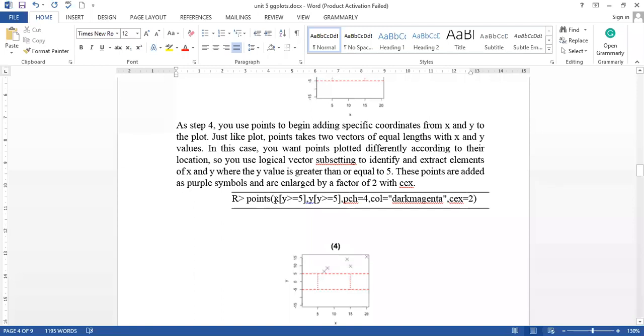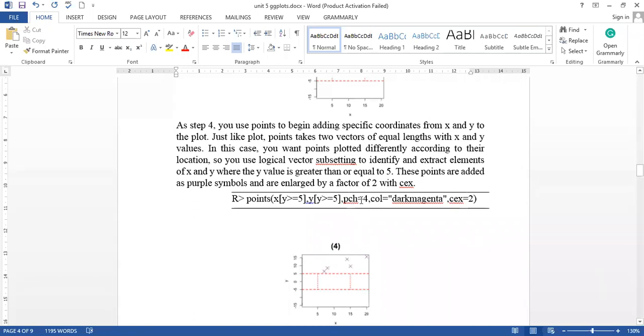In the x vector, what values do we have? We have values from 0 to 20, and in y we have different values ranging from negative numeric values to positive numeric values. So we have given the condition that where the value of y is greater than 5, all the x values will be checked. We have only considered those points where the values of y are greater than 5.